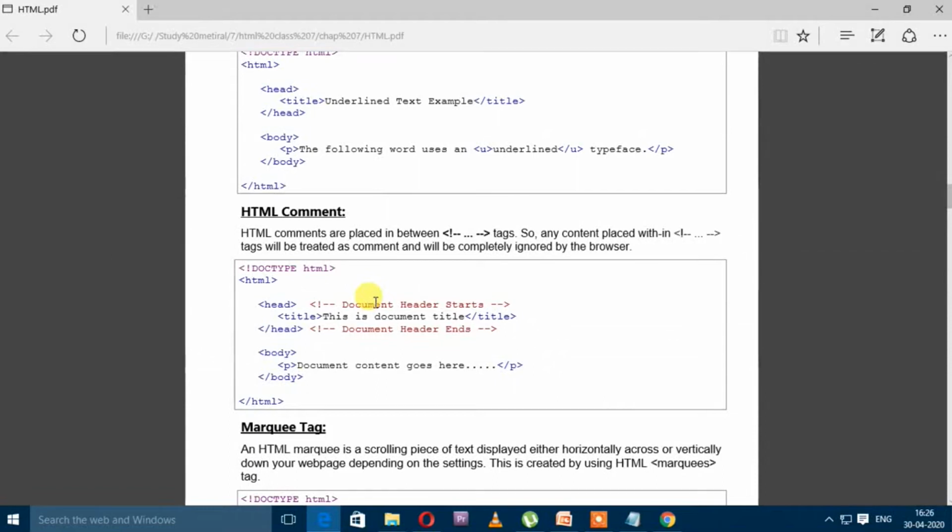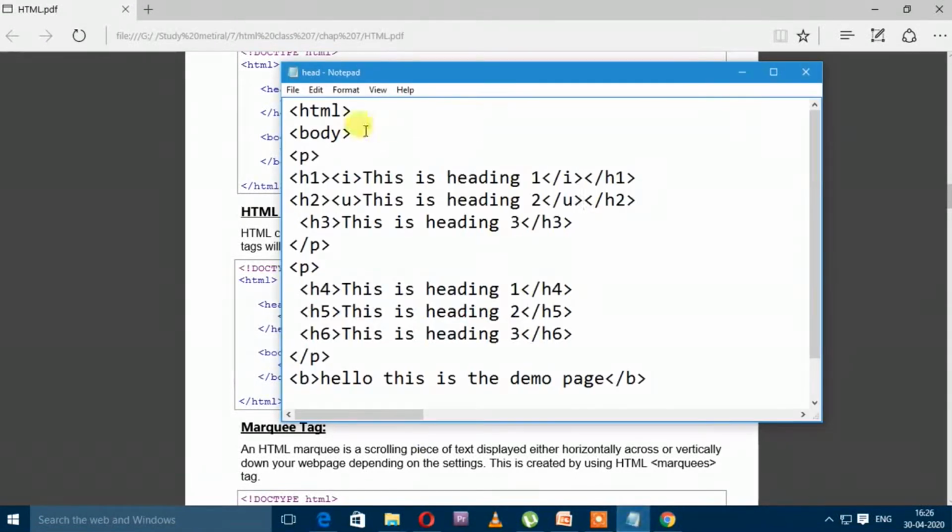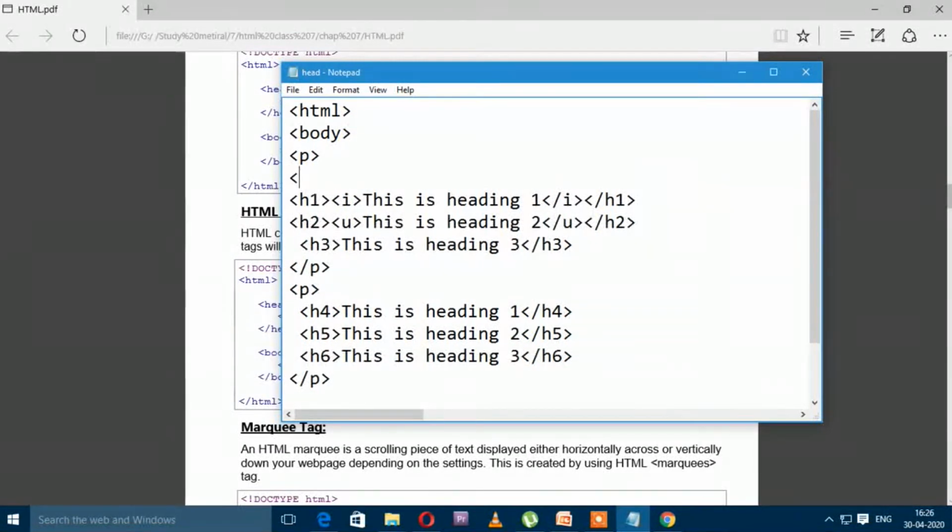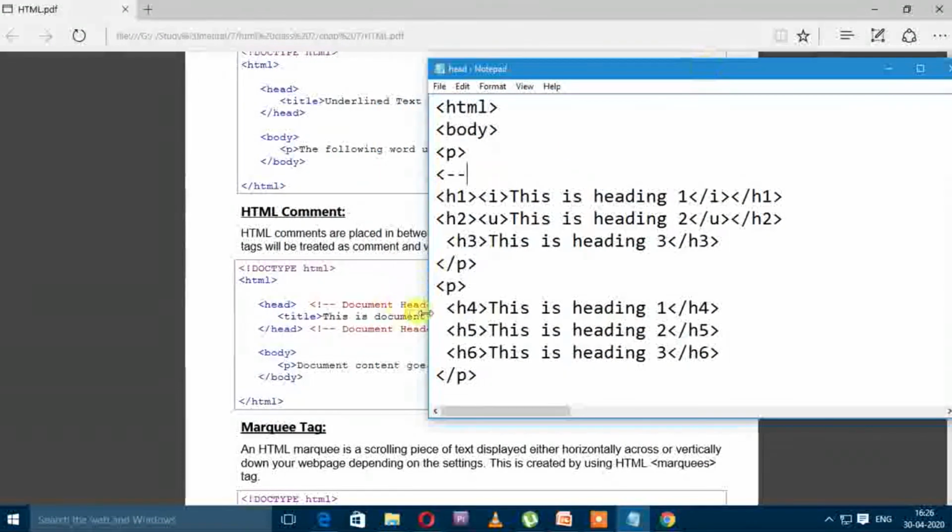Look at here, as I am going to apply in first paragraph, I am applying the comment tag. So angular braces open, after that exclamation sign, and then two hyphens. It will start the comment tag.